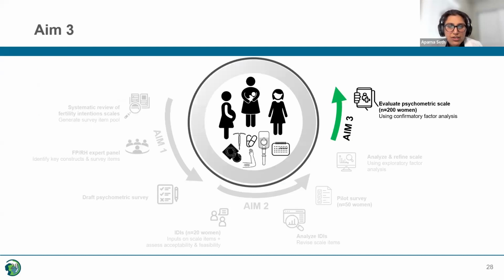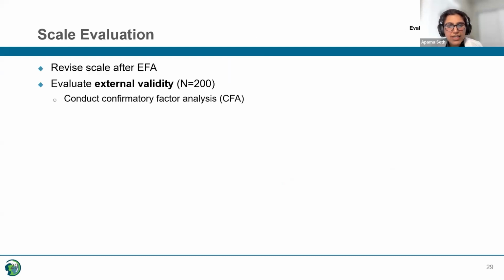And finally, coming to our last aim around scale evaluation. Once we have results from our EFA, we would go back to our scale, revise it and drop the items that are not relevant, and then embed them in our existing trial that Alison is leading, and then conduct confirmatory factor analysis on that sample.